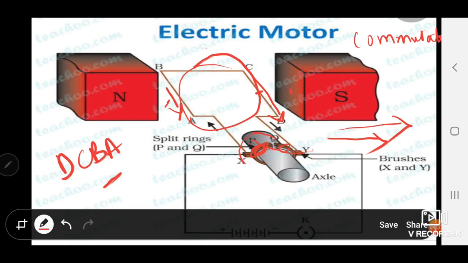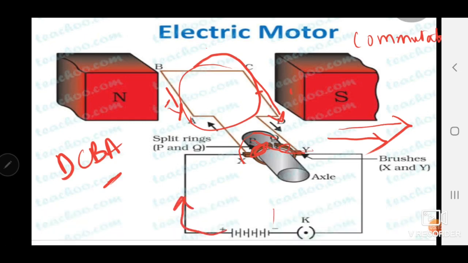So I think you understood the working principle and also the meaning of electric motor, the working system of this electric motor. So, the working principle is very important. It's a device which converts electrical energy into mechanical energy, and the principle is whenever a conductor carrying current is kept in a magnetic field it experiences a mechanical force. So, this is the principle of electric motor. So, once again I would like to repeat it. Whenever a conductor carrying current, in the sense, so this is how the current is carried, is kept in between the magnetic field.